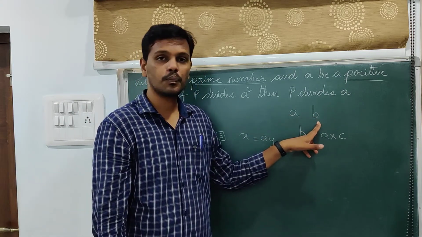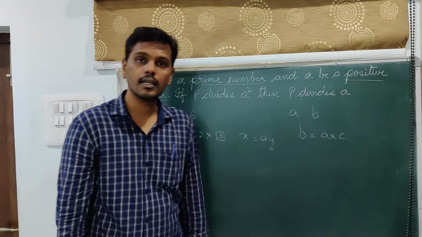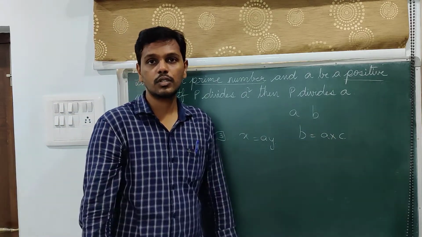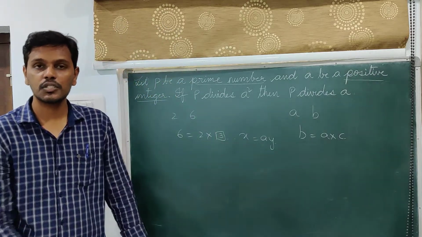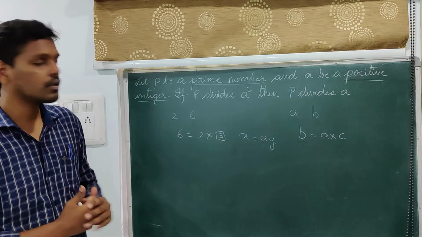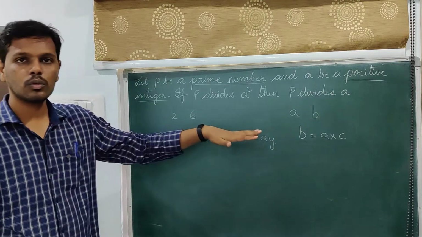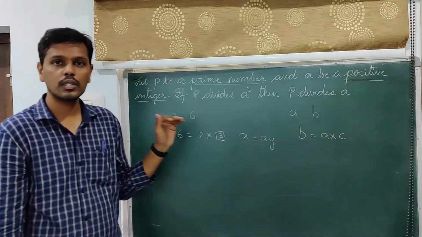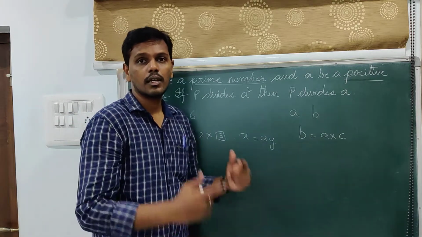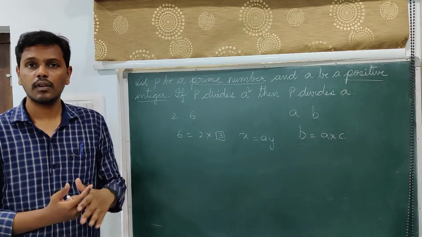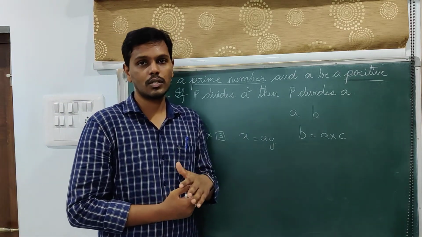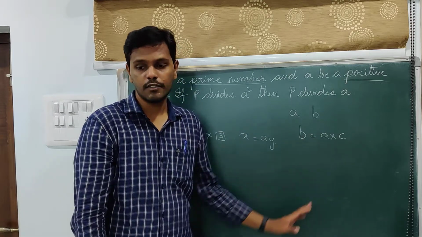Here in this case, A divides B if and only if there exists an integer C such that B is equal to A into C. So that is the definition of divisibility, which I will be taking into consideration in the later cases. Whatever definitions I use, I will be moving further with the same. Now divisibility is already known to us, but we didn't get into it in a definite manner. This is what I am trying to fix over here. That is, A and B are two integers. We say that A divides B if there exists an integer C such that B is equal to AC. That is the definition of divisibility.